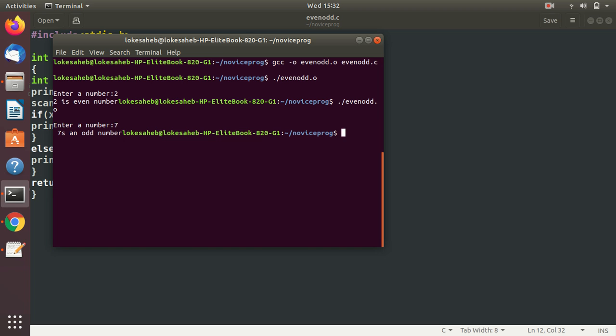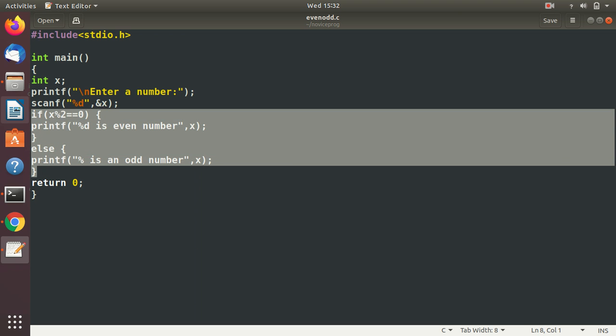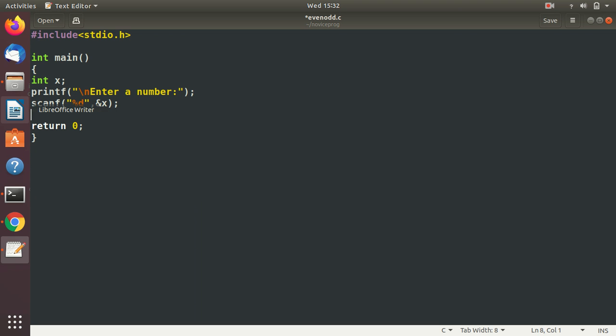Now we have to convert this expression into a ternary expression. We can skip this whole thing, and simply take a string here, or character array you can say, result.